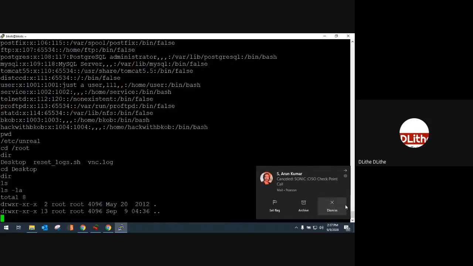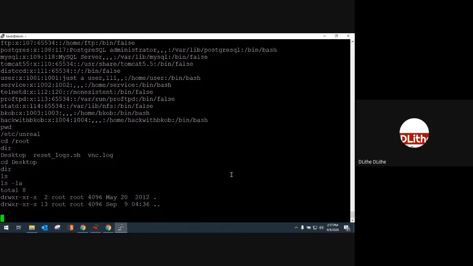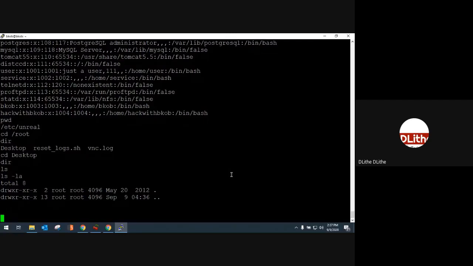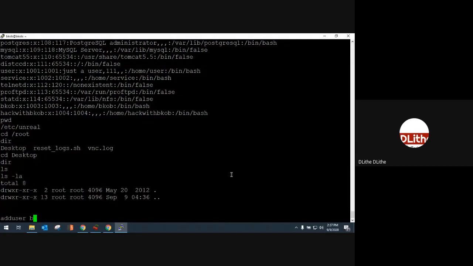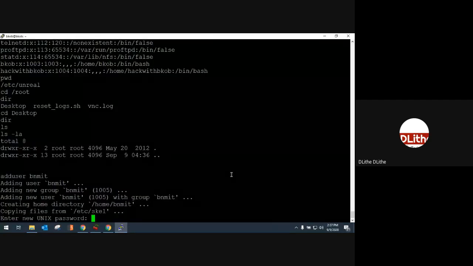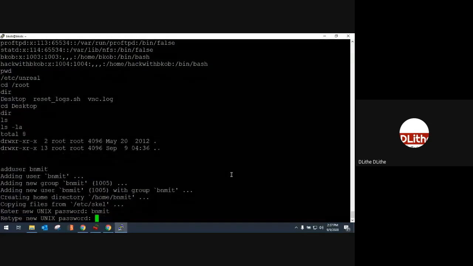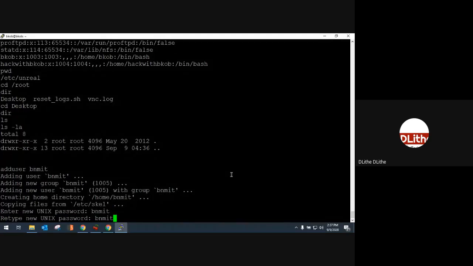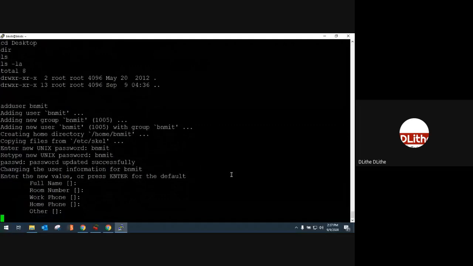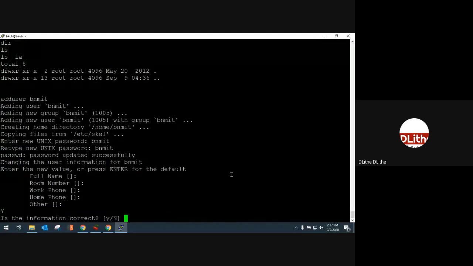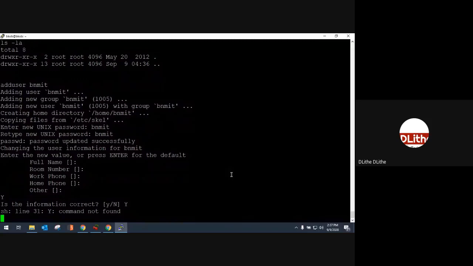If you want to create another user, let me try to create one. Adduser by name, let's say BNMIT. Password BNMIT. It's giving the default values, and let me put Y. On enter, it's asking Y for saving the information.